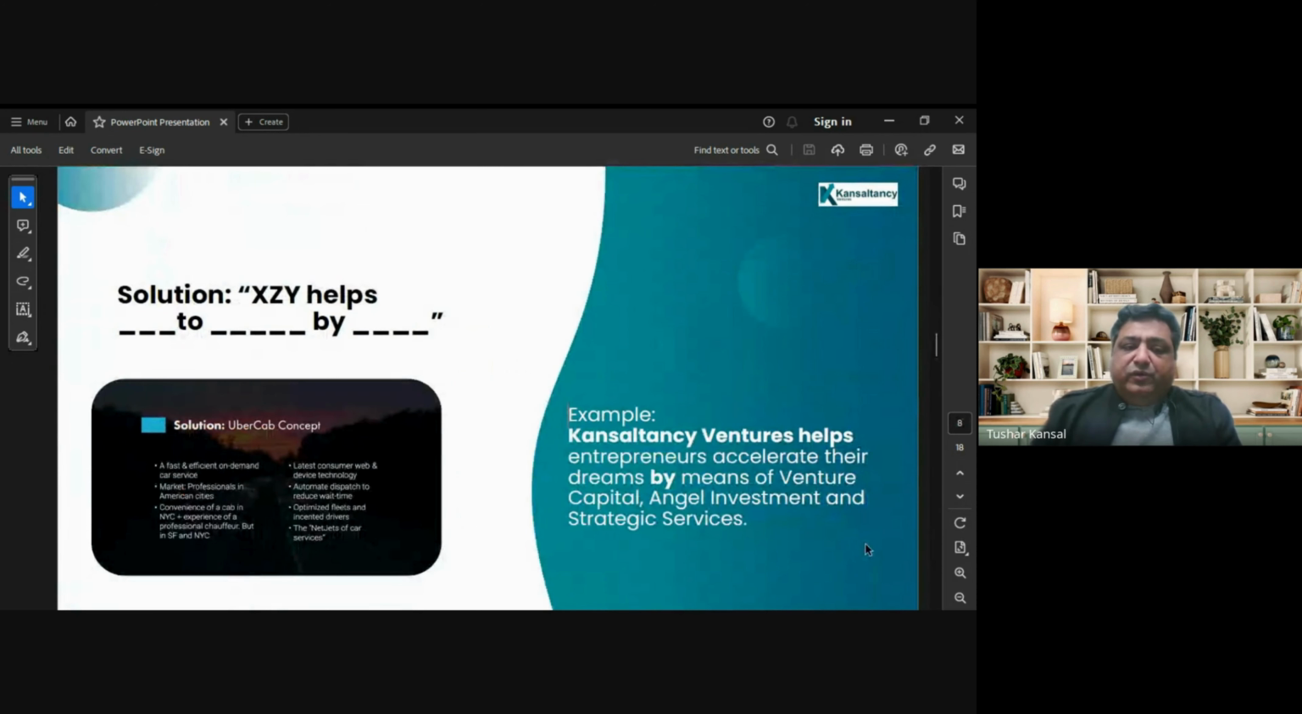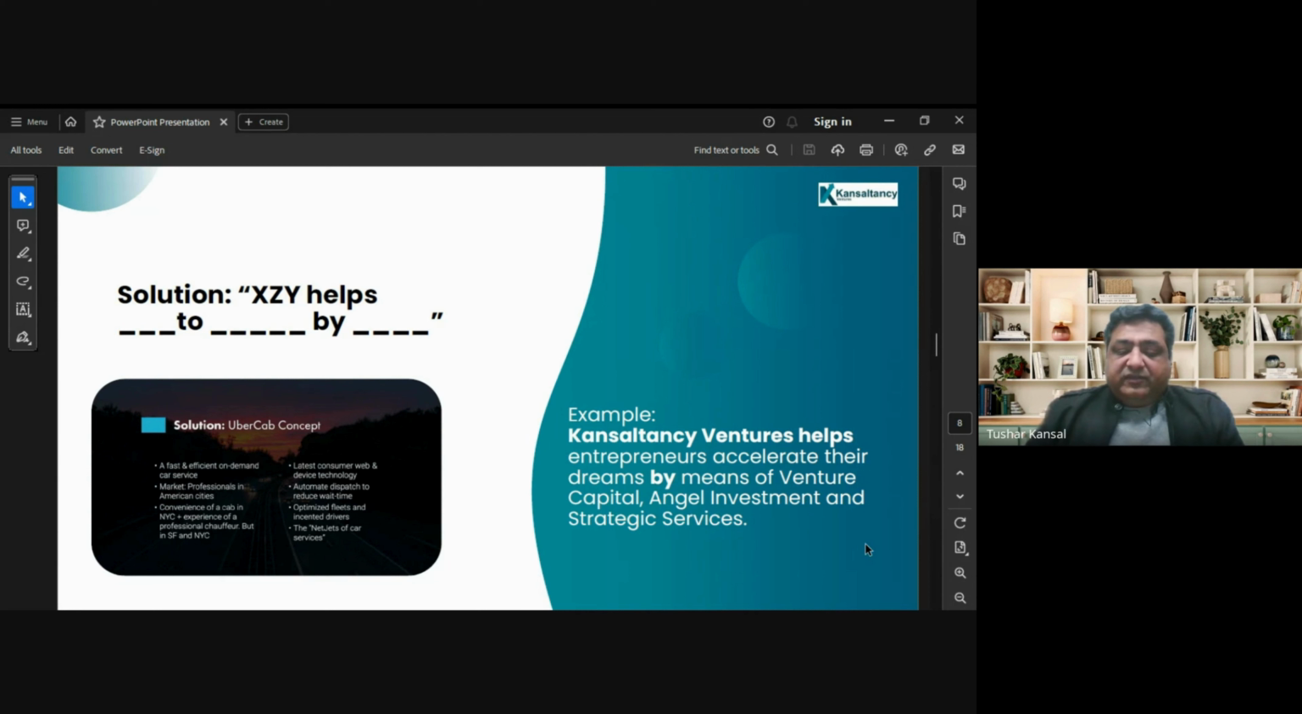Now, how can you write down the solution statement? For example, for Uber, we say it's a fast and efficient on-demand car service. The market is professionals in American cities, and it offers you the convenience of a cab in New York City and the experience of a professional chauffeur, but in different cities, and so on. For example, my company says that Kansaltancy Ventures helps entrepreneurs accelerate their dreams by means of venture capitals, angel investment,